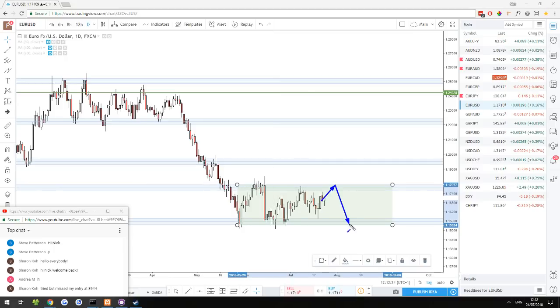So if it gets up here, short. If it gets down there, long. But I'll be looking for indecision and what I normally look for. I'm not going to just long and short as soon as it touches the top of the range. That's not how this works. I'm looking for, once it gets up there, indecision to form. I'm looking for signs that it is going to turn around. And if I get those signs, I will be going short.